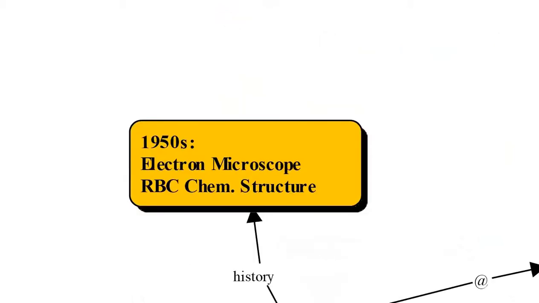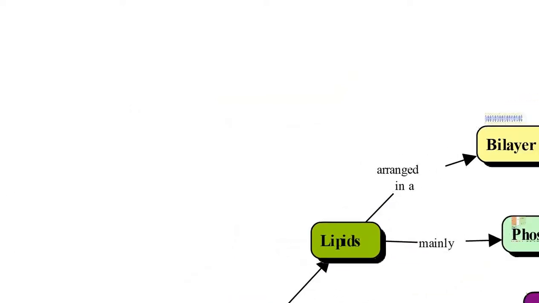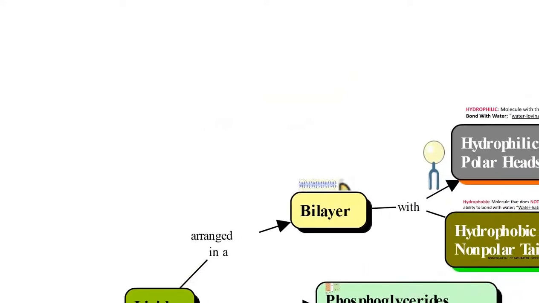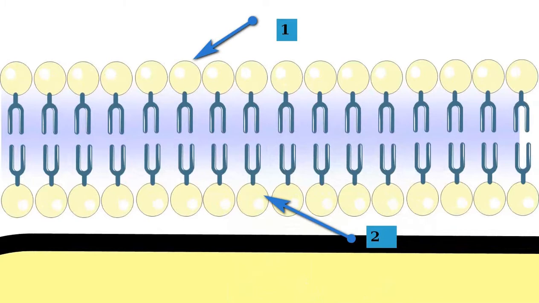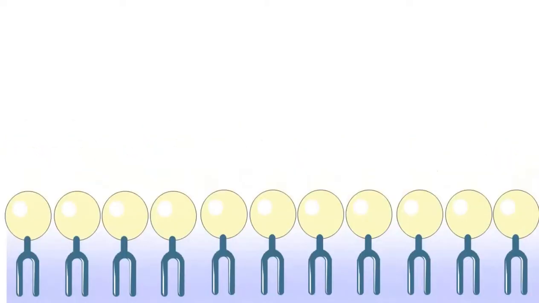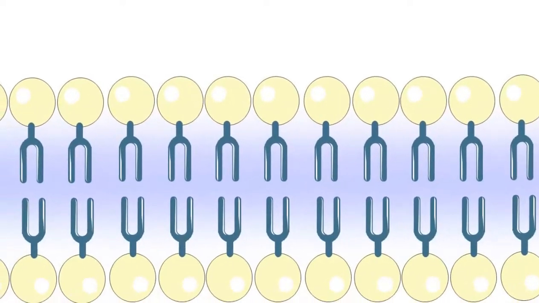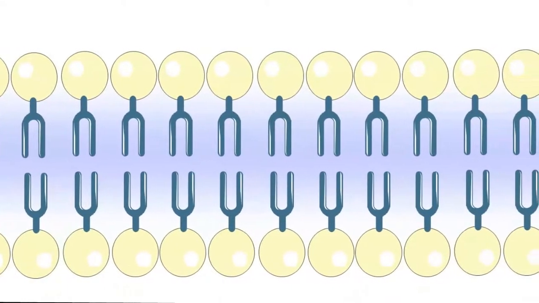Scientists worked on the structure of the plasma membrane effectively after the arrival of the electron microscope, as well as after the biochemical analysis of red blood cells. In the initial analysis, scientists proposed that the plasma membrane is made of lipids arranged as a bilayer. Here, bilayer means the lipids are arranged in two layers. We can see one lipid layer and one more layer present here. That means scientists assumed that this plasma membrane is nothing but a lipid bilayer.